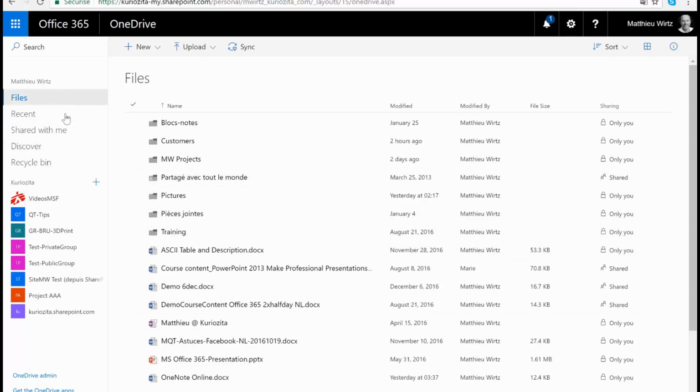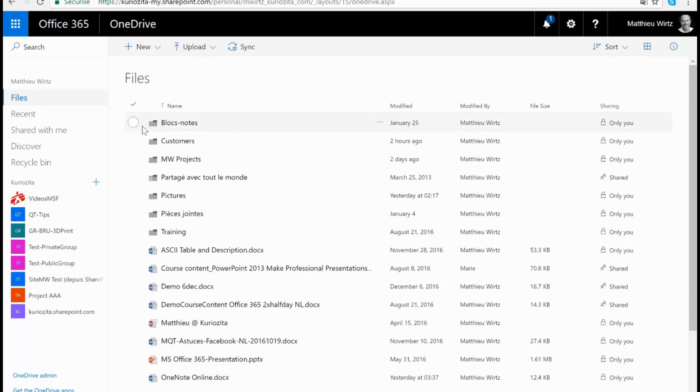On the left side, you have the navigation pane with the different possibilities to access files, the groups you may be part of, or here the search. On the right side here, you have all your folders and files, and on top of it, a menu. And far right, you have a little information icon about the files you may have selected. This menu is